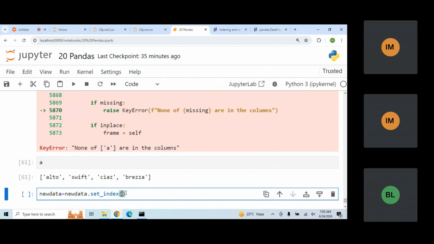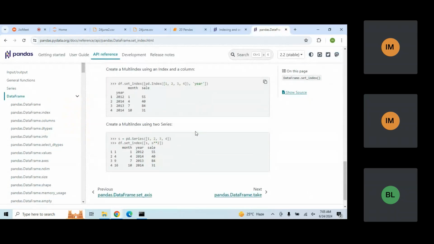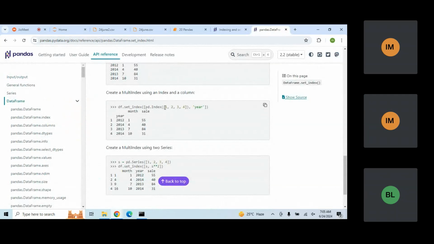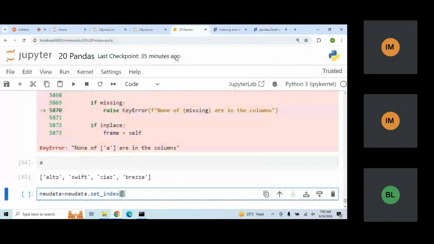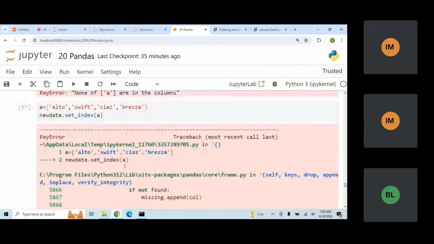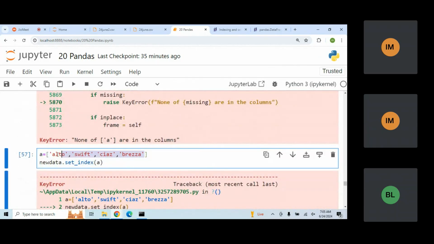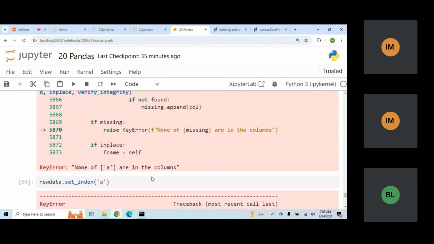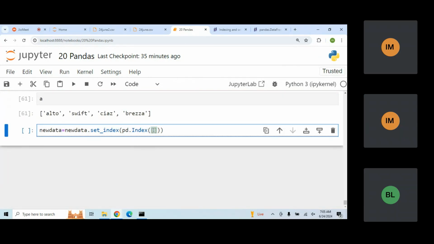So what I'll do here, I need to pass the columns. So here you can see in this particular way I need to pass the columns, PD index. So there is a different name here, so I need to mention PD index, and then I need to pass the values. So here what I'll do, I'll copy these names, and now I'm going to mention, because that particular documentation is